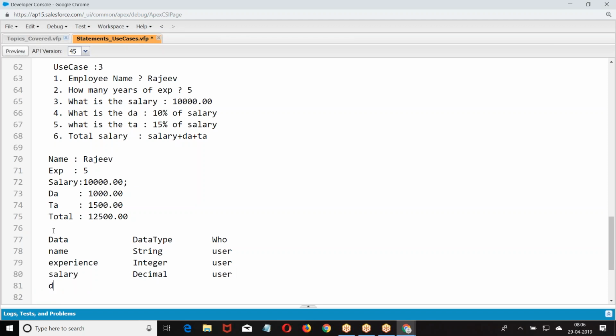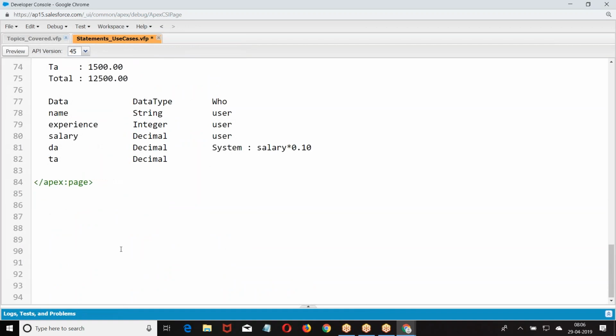Now I have DA. The system will calculate it as salary into 10%. Then we had a total, which is salary plus DA. This is how we are going to give it.